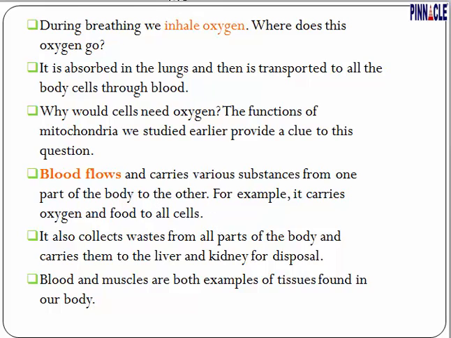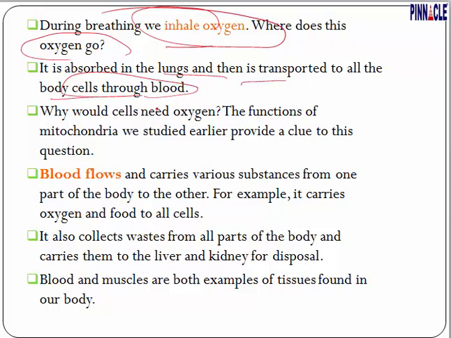During breathing, we inhale oxygen. What happens during breathing? We inhale oxygen, and where does this oxygen go? It is absorbed in the lungs. Then it is transferred to the whole body through blood. As we know, oxygen is present in the air and comes in through the nostrils, and it goes into the lungs, and from the lungs through blood